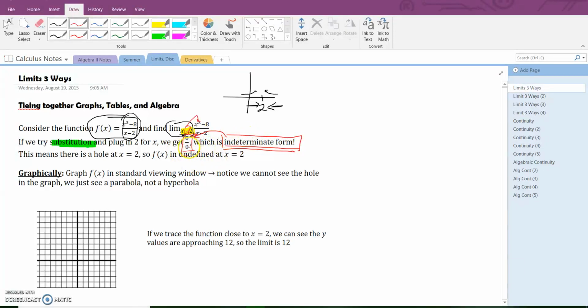If you get indeterminate form, you can't find the limit. You have to fix it. 0 over 0 really means that there is a hole in the graph at the x value that you plugged in. So at 2, I know there's something going on in the graph. Some kind of hole is there that the graph is not going through. So right now, the function is undefined at x equals 2. Now we're going to fix this, but before we fix it algebraically, let's look at what's going on graphically and